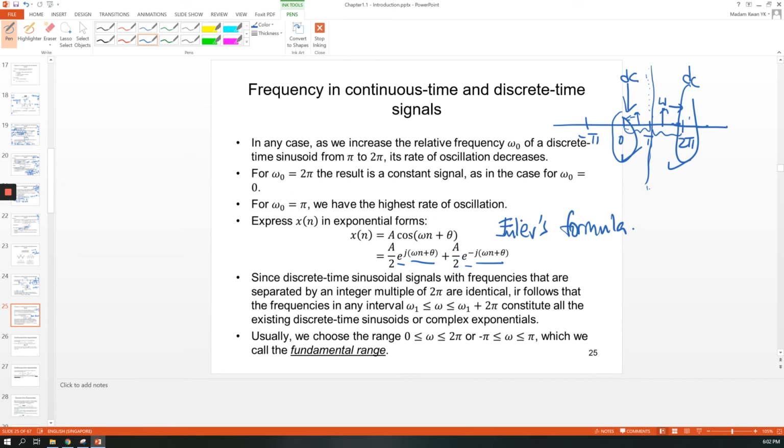Since discrete time sinusoid signals with frequencies that are separated by an integer multiple of 2 pi are identical, it follows that the frequencies in any interval omega 1 until omega 1 plus 2 pi constitute all the existing discrete time sinusoids or complex exponentials. Usually we choose the range 0 to 2 pi or minus pi to pi, which we call the fundamental range. So what this sentence means is that, let's say,